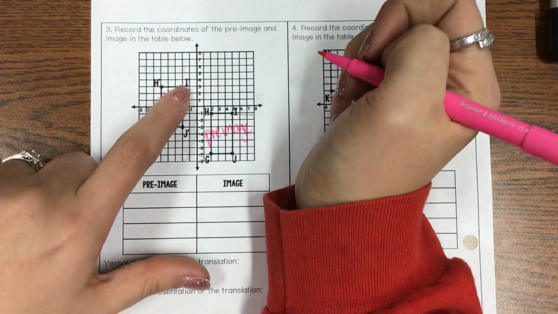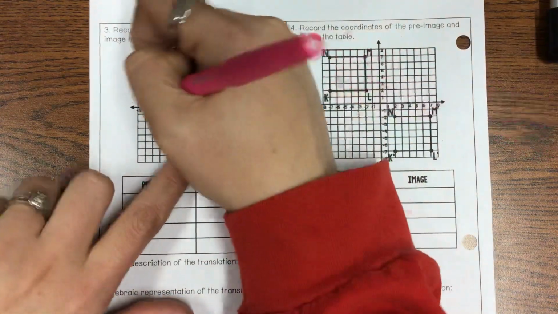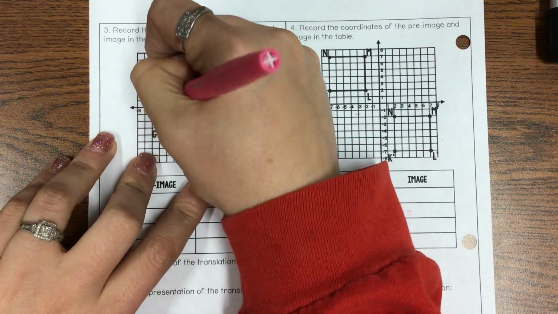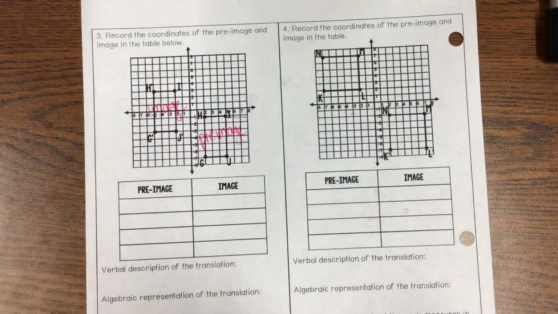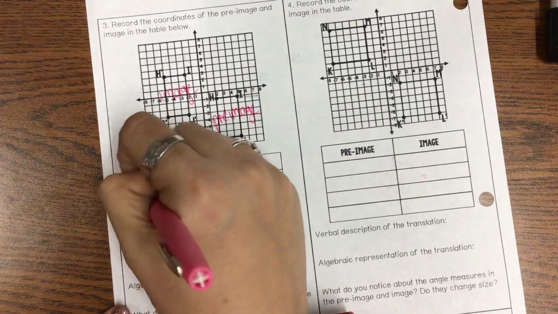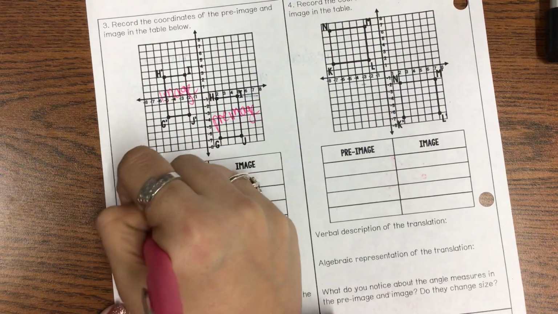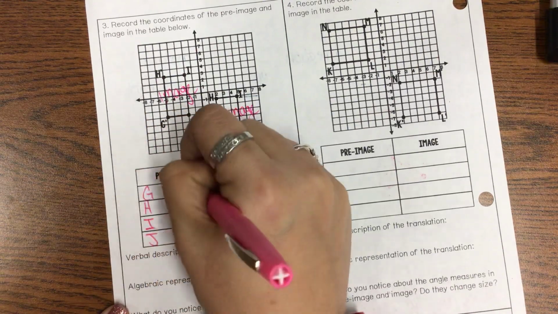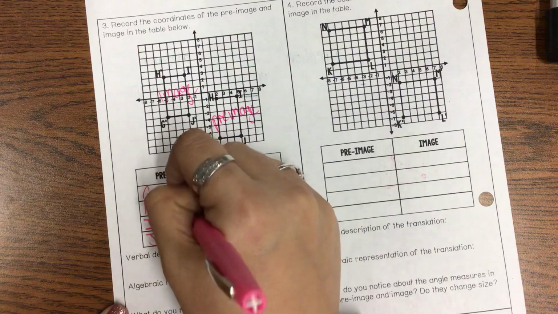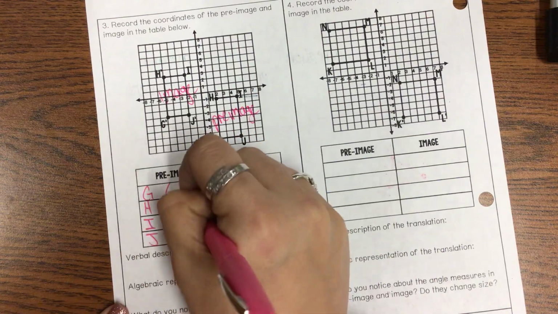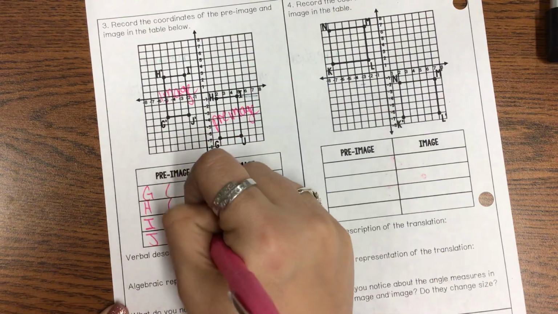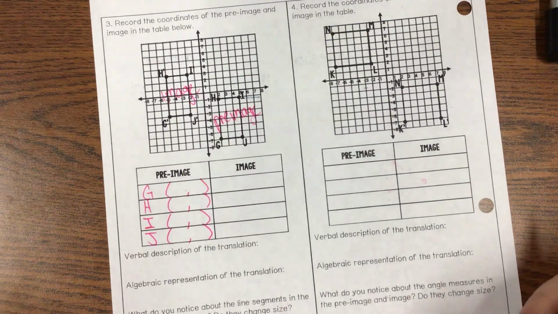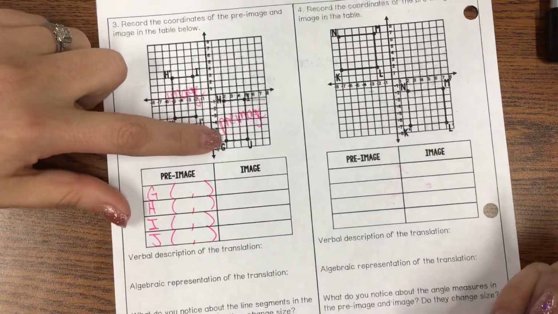My letters with the apostrophe, my primes, are going to be my image. So G, H, I, and J. We're going to tell our coordinates. So when I look at G, my original G, my pre-image,